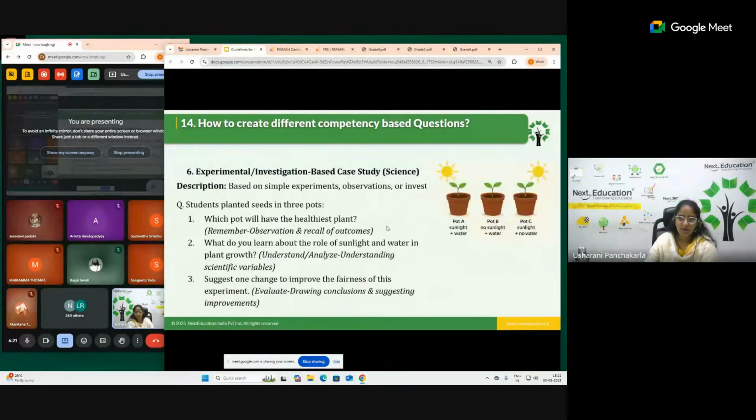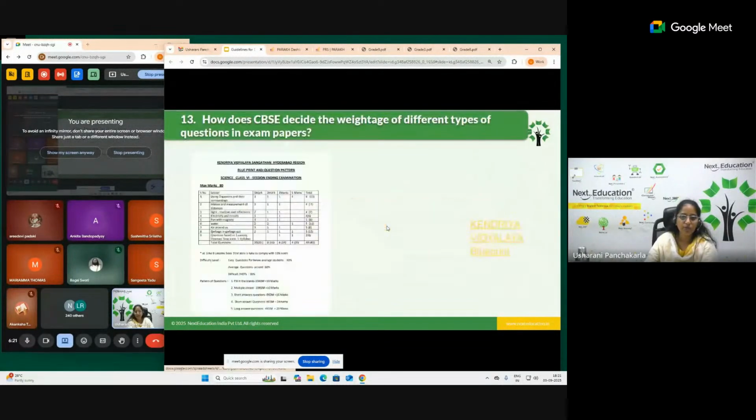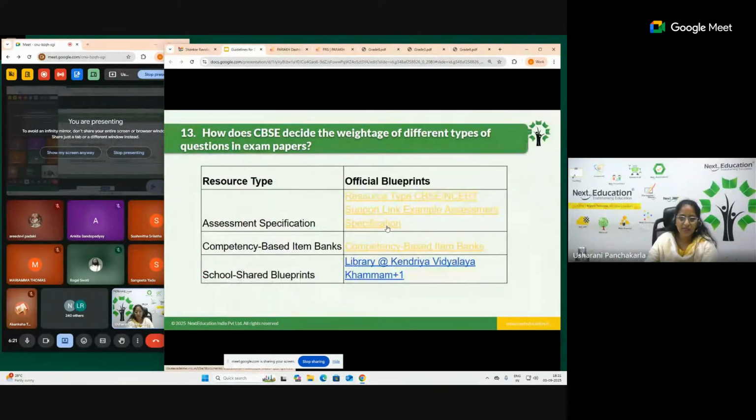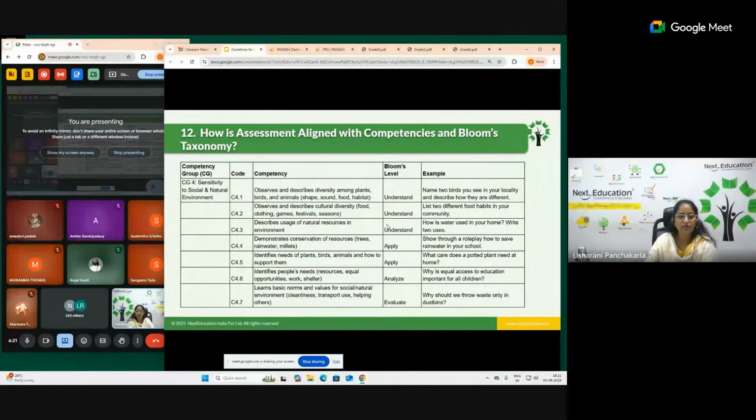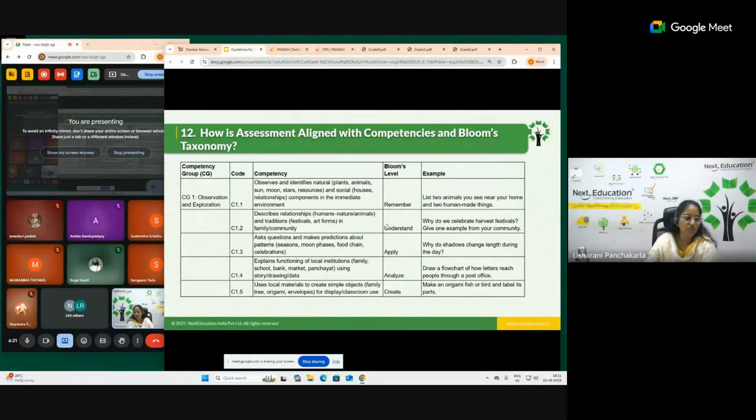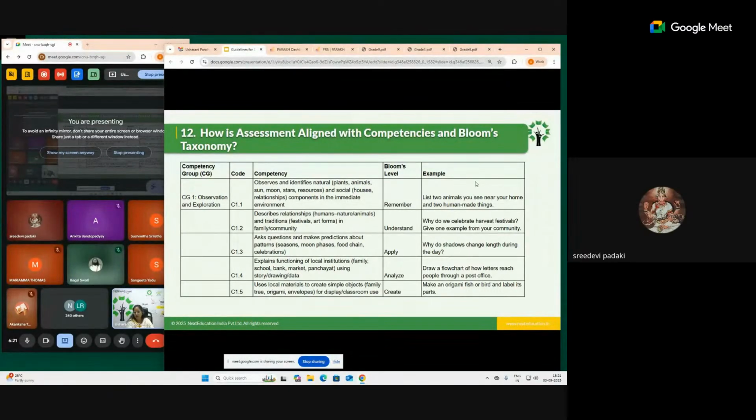But that is far ahead. Maybe in the next session I'll be able to cover it because we are short of time. So at least let me complete this PARAKH part, because that is where both SAFL and PARAKH are working. You need to understand the difference between them, and then it will make sense to teach you how to create competency-based questions. Sure, ma'am. Thank you. Right.